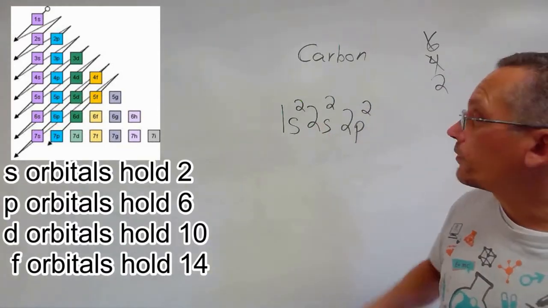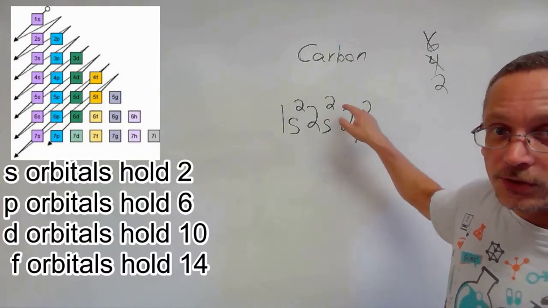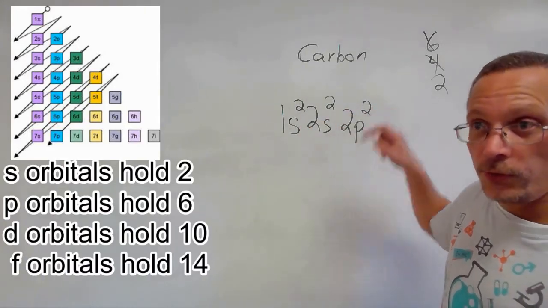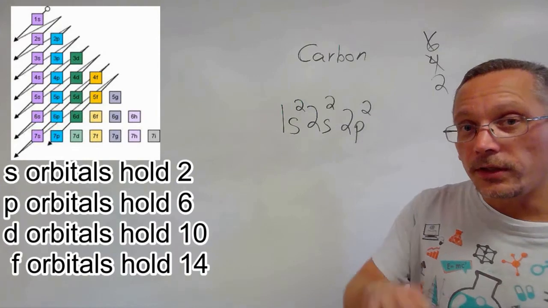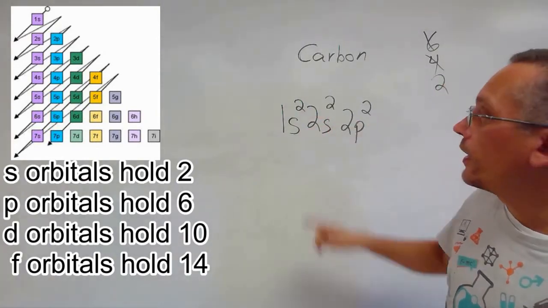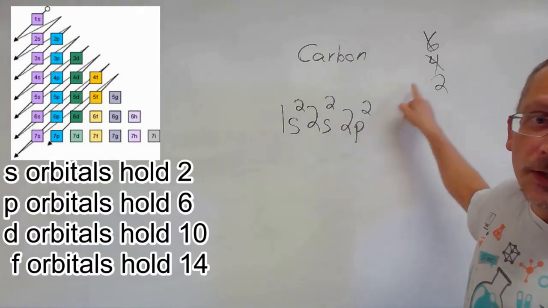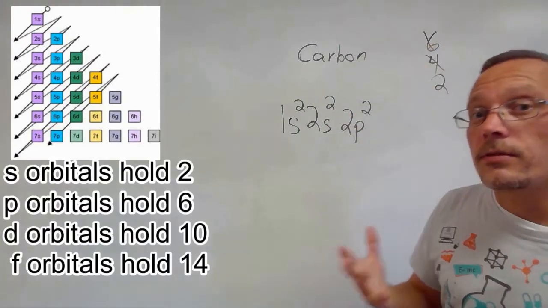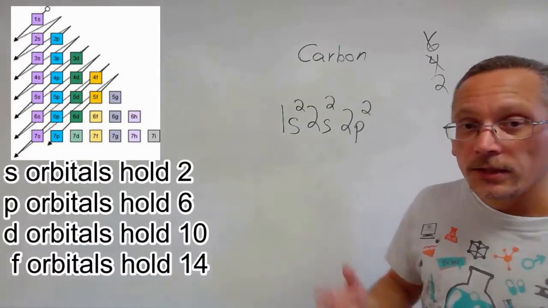So the electron configuration for carbon is 1s2, 2s2, 2p2. And if you want a little check to see if you've written it right, add up all of the exponents, right? 2 plus 2 plus 2 should come out to that number of electrons it started with. Okay. Now,